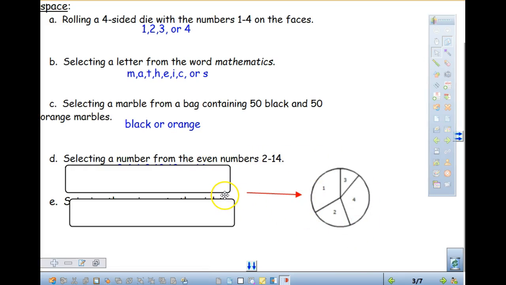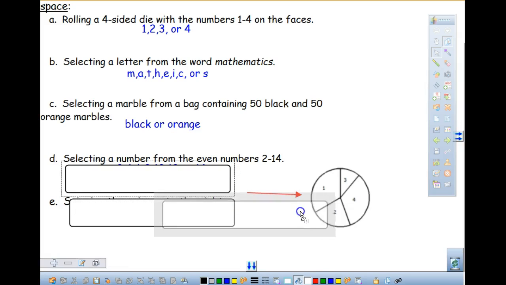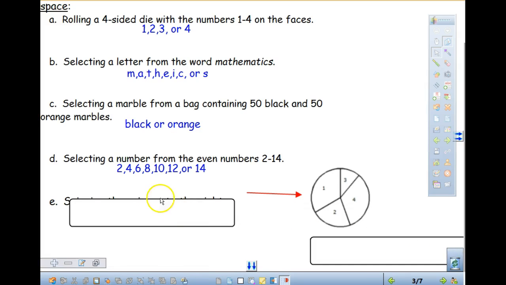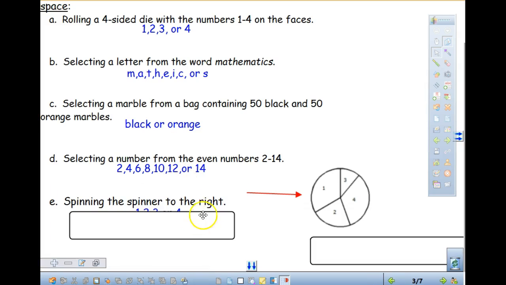So if we are looking at this one, selecting a number that is even between 2 and 14. If I just gave you that and not looking at the spinner, you would tell me 2, 4, 6, 8, 10, 12, and 14. Now, this one says looking at this spinner. Okay, so when you are looking at the spinner,